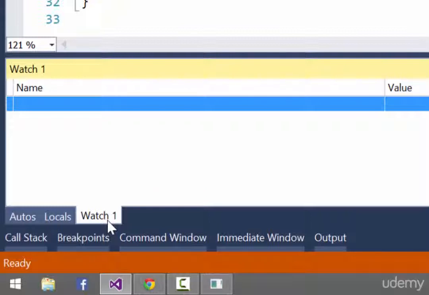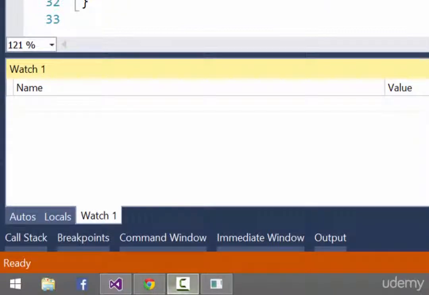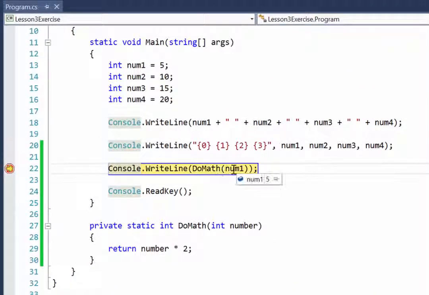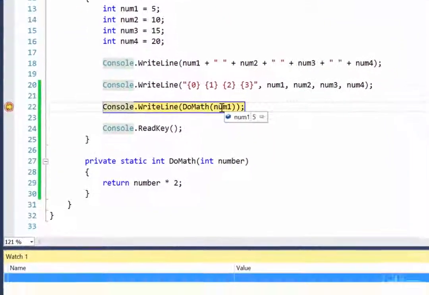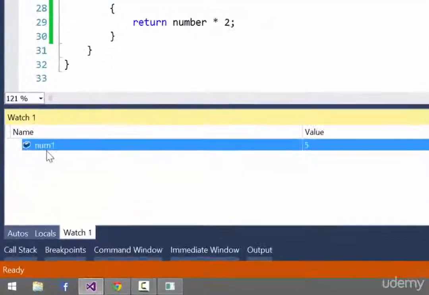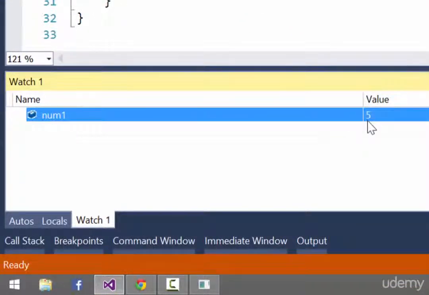Now, the watch window is used to evaluate variables and expressions and can be used to either keep those results or modify the current values of a variable. You can add variables to the watch window by putting your mouse over the variable, right-clicking, and on the menu choosing Add Watch. You can now see that my num1 variable, which currently has the value of 5, is available